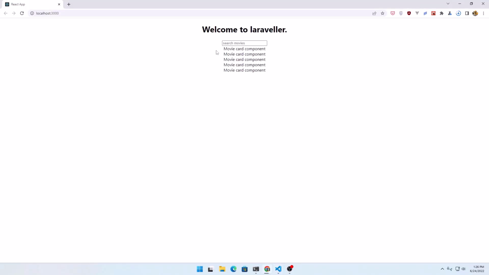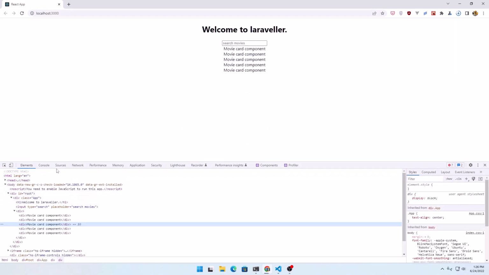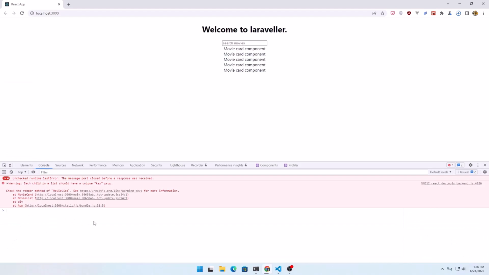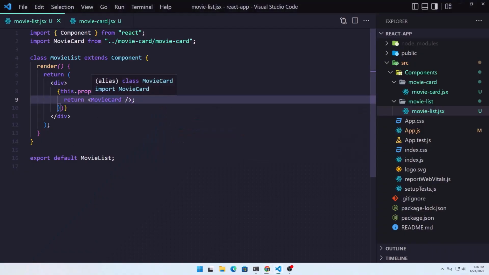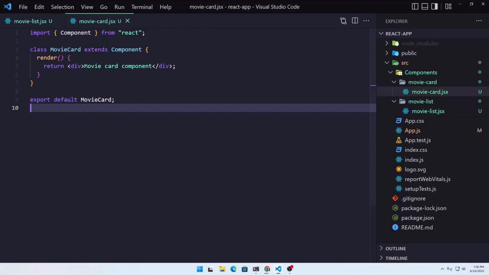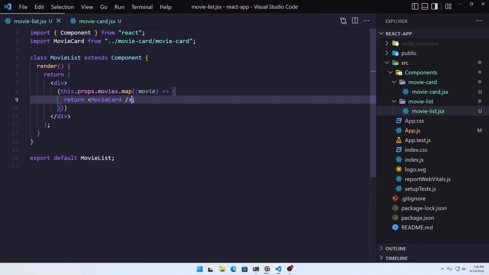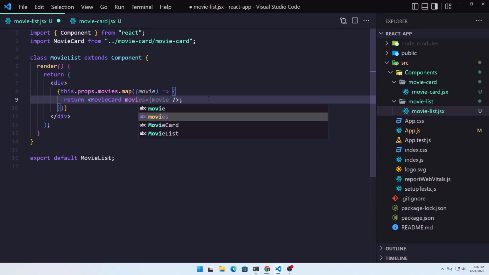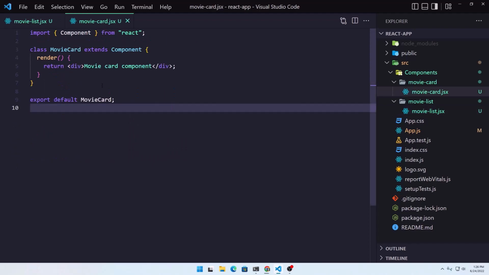And we can see we have a movie card, some all the components. Go to the console. And we need to have the unique key. Okay, now in this movie card, we need to add a prop for the movie, because we need to display a movie here. So let's say here movie, which is going to be with a movie. Save, and now in the movie card, first I'm going to add a div, and in that div,